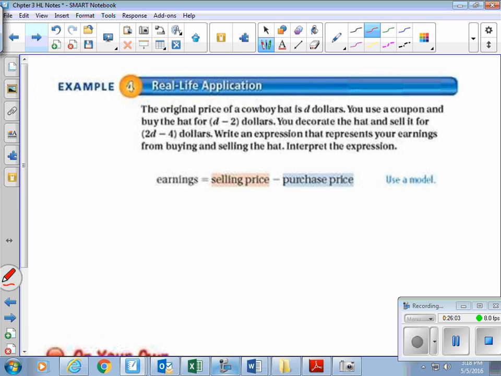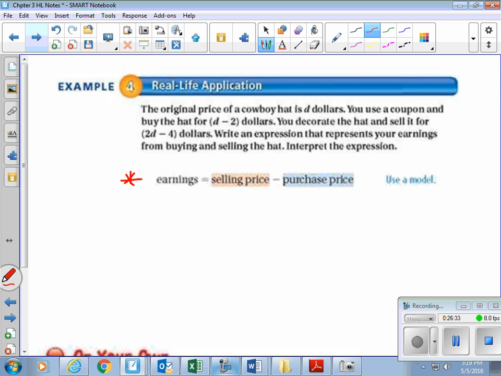Let's take a look at the real life application problem. The original price of a cowboy hat is $D. You use a coupon and buy the hat for D minus $2. You decorate the hat and sell it for 2D minus $4. Write an expression that represents your earnings from buying and selling the hat. Interpret the expression. So it says here, to find the earnings,